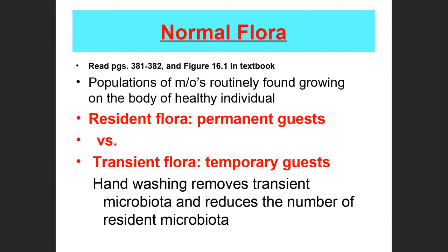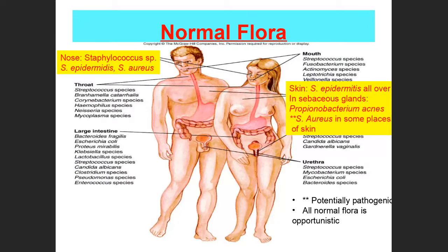They are the permanent guests, versus the visitors, which oftentimes are the ones that become pathogenic. Those are the transient microbiota, temporary guests. These are the ones we remove when we take a shower or when we wash our hands. Okay, so